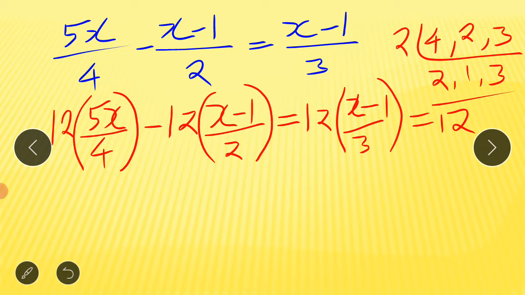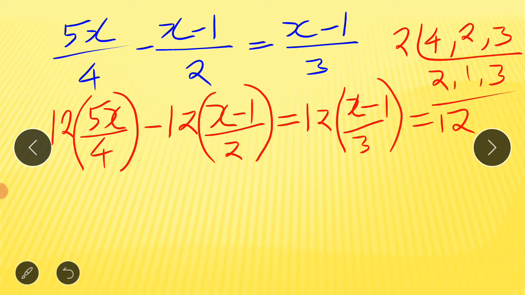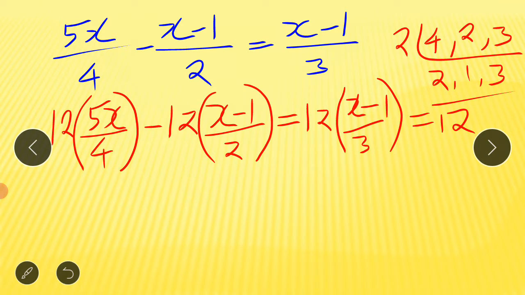So what is the first step we have to do? When we get an equation like this with every term in fractional form, find the LCM of the denominators, then each and every term is to be multiplied by the LCM. Now we can cancel. 4 ones are 4, 4 threes are 12. 2 ones are 2, 2 sixes are 12. 3 ones are 3, 3 fours are 12. To have the denominator 1, that's why we are cancelling the denominators. So now all the denominators became 1.